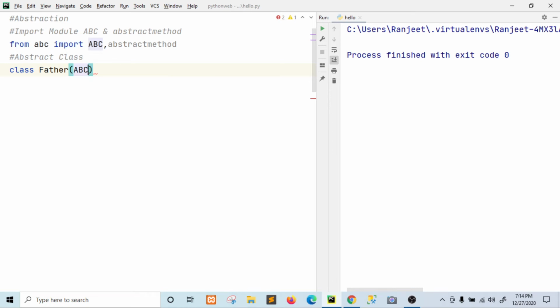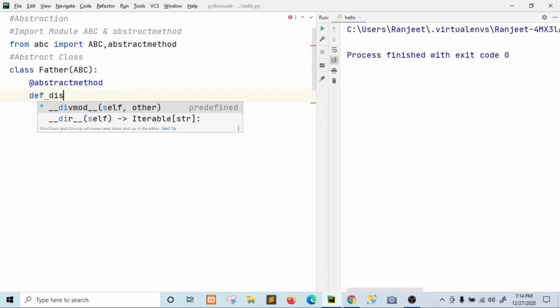To make this class abstract, you have to pass abc as the parameter in Father. Now with @abstractmethod, we define def display.